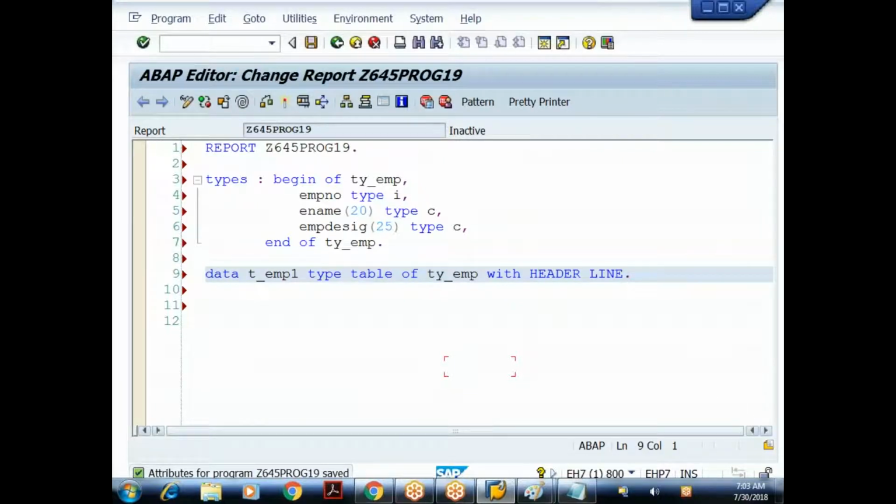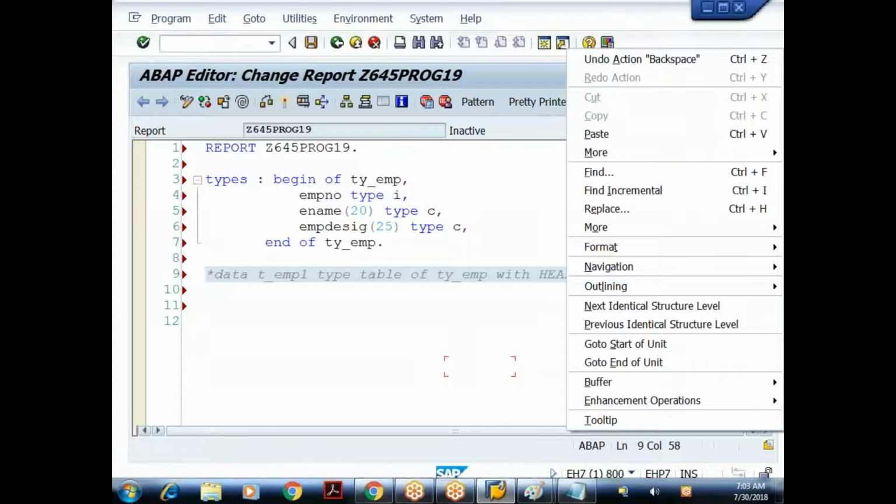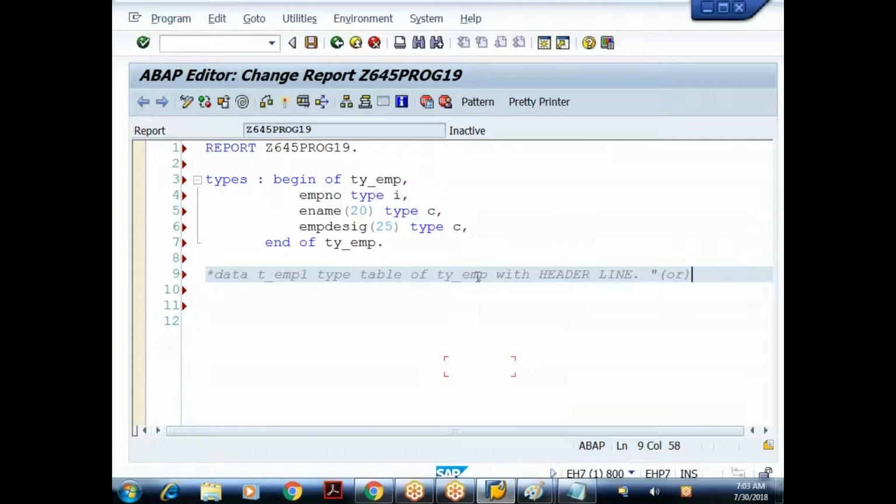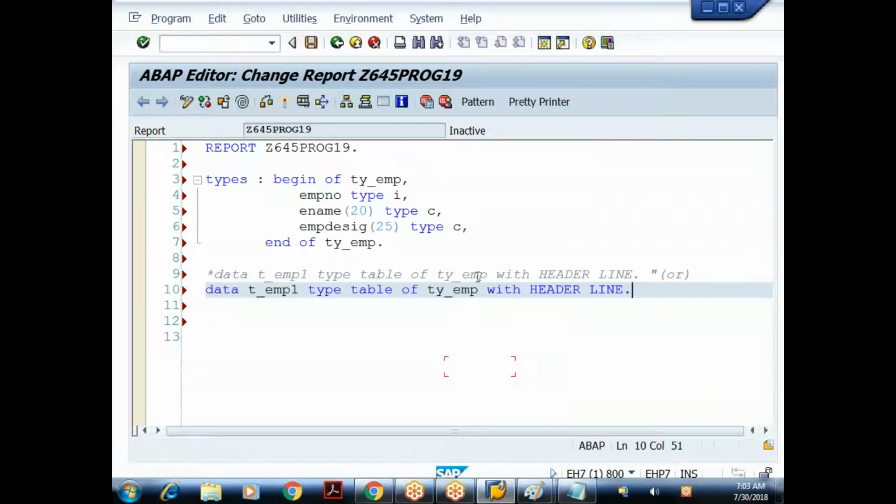So I can do like this, or I'll just give a comment here, sorry, or I can set TYPE STANDARD TABLE OF. Even if I don't use the standard keyword, by default it will take it as a standard table.